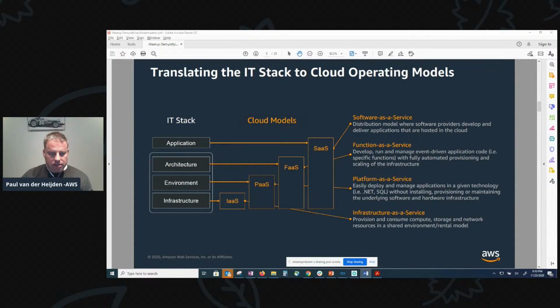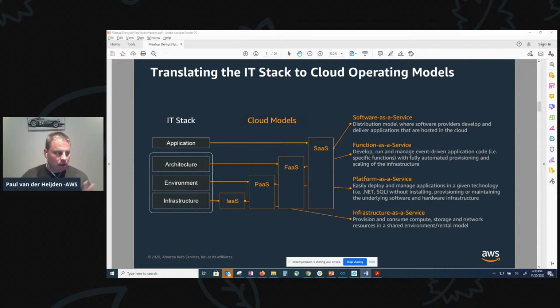Now, the architecture layer refers to how the backend architecture is set up. Function as a service takes PaaS to the next level by utilizing an event-based serverless architecture that auto provisions and auto scales compute, storage, and networking resources as needed. And the developer or end user writes just functions and doesn't need to worry about provisioning, deploying, scaling, or managing the underlying infrastructure, environment, or architecture behind it.